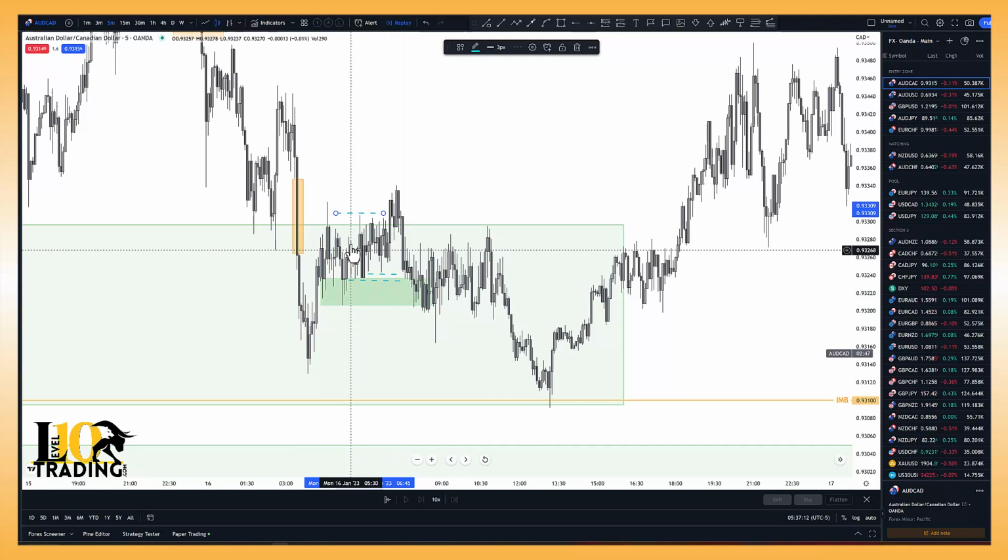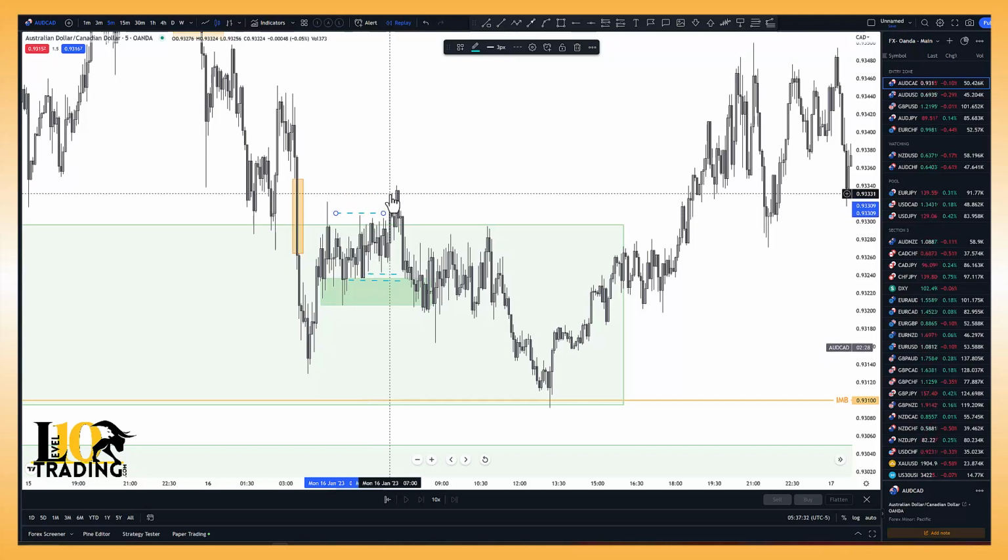But what I ended up seeing was that this was just kind of a consolidation range. All of the candles are really, really tight. It's not the type of price action I like to see for entries. And what happened, exactly the way I like to see manipulation, is that we saw price spike up, pull